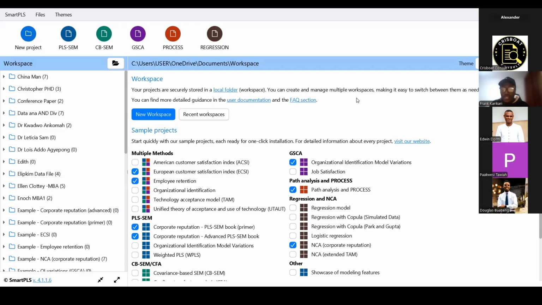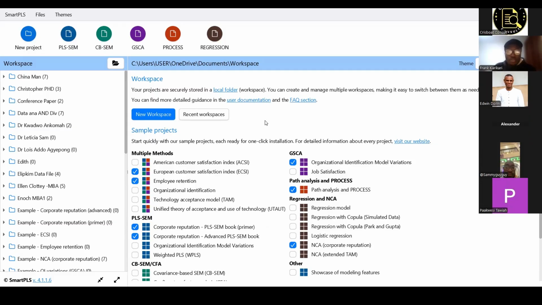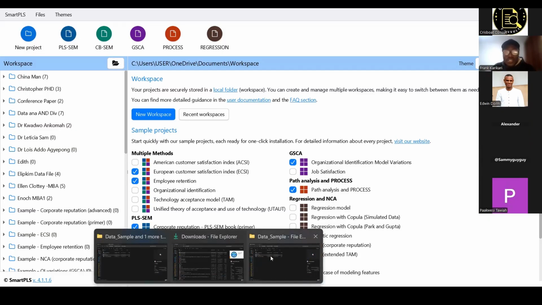Yes. So Alex, back to your question. SmartPLS is very open to importation from all different extensions of files. So if your file is in SAV, which is an SPSS file, you can import it. The reason why I sent the SPSS file, the SAV file, is that the data has been cleaned using